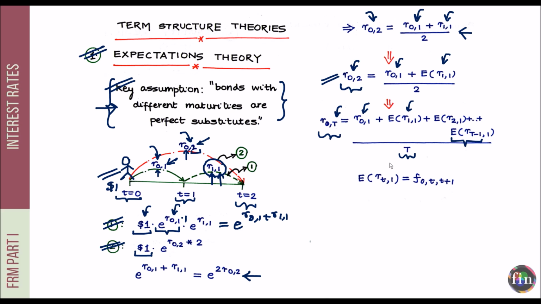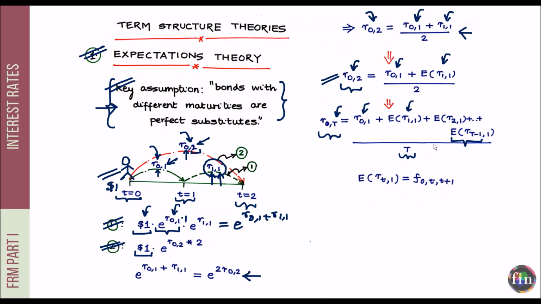Now, if you remember the readings that we did on forward rates, when we were exploring this concept of spot versus forward rates, we had actually used the same logic then also. We had said that forward rate is that rate which makes me indifferent between lending long term versus lending short term and then rolling over my lending at the prevailing rate. So that was the same logic that we had used then. Okay, but here we are saying that we are starting with this assumption that investors are indeed indifferent between bonds of various maturities. So since our logic is the same,